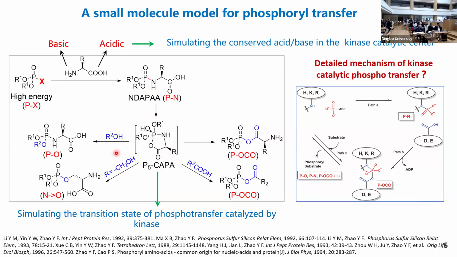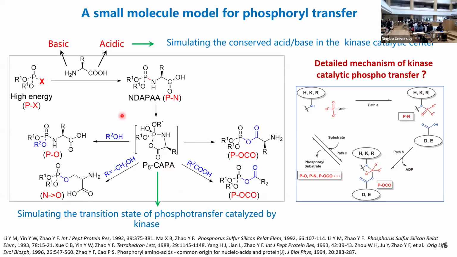either a nucleophilic group or a nucleophobic group can attack it. For example, when a hydroxyl group is near it, it will go from this mixed anhydride to this O-phosphorylation. That is the hydroxyl group. And also, when there is a phosphorylation of a carboxyl group, it can form a carboxyl phosphorylation, okay? And so on.